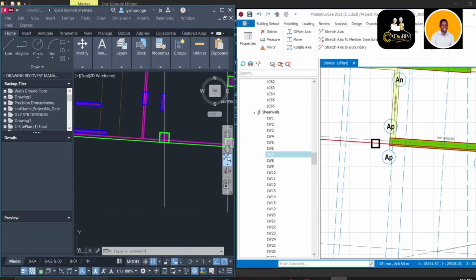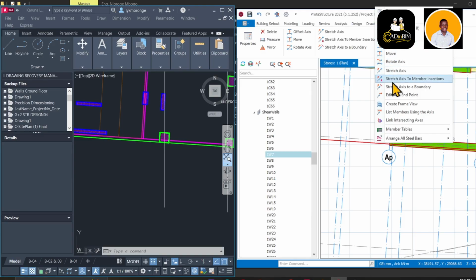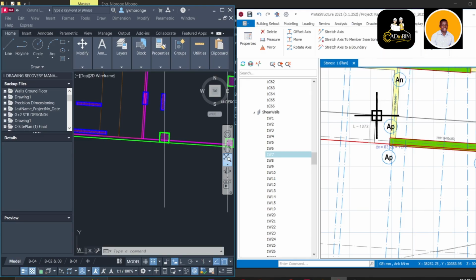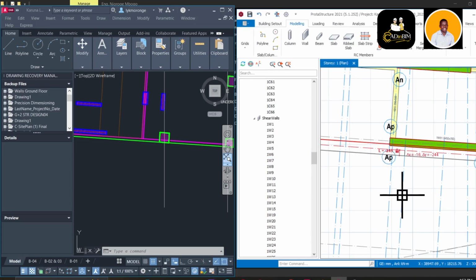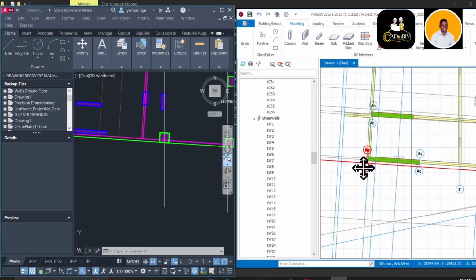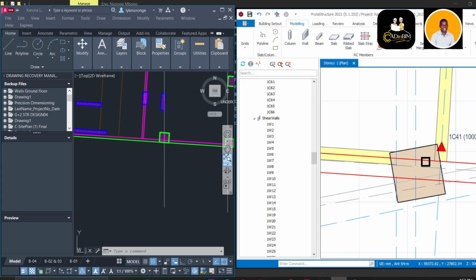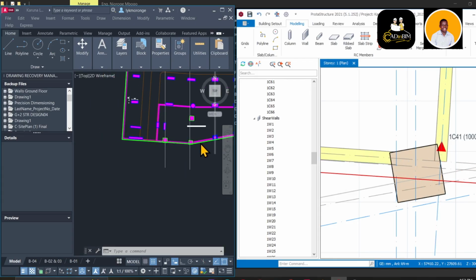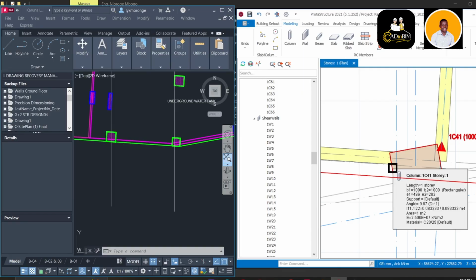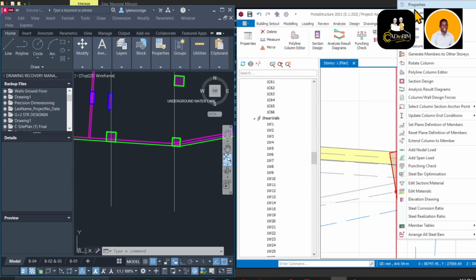Just get this grid here, right click, come to offset, to negative 245. You can see the orientation of this column is not done properly. It should just align with that. So we just simply do copy, go to rotate column,